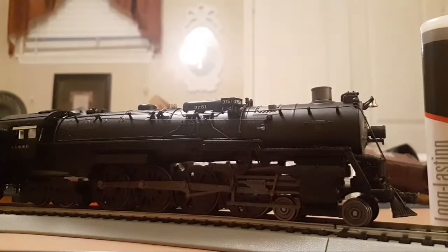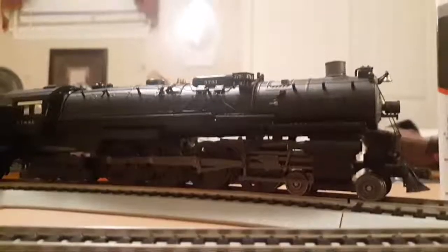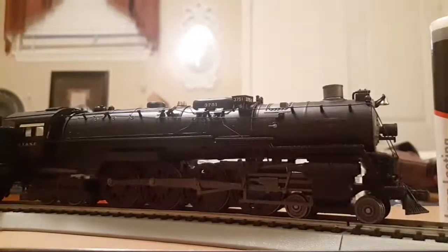Alright. So there you see Santa Fe 3751. He's looking absolutely awesome up on the screen there. So that's one engine I own. I know Train Mania was asking about something, so here he is. Unfortunately, he can't run right now because his decoder is actually fried. But it is the Pennsylvania